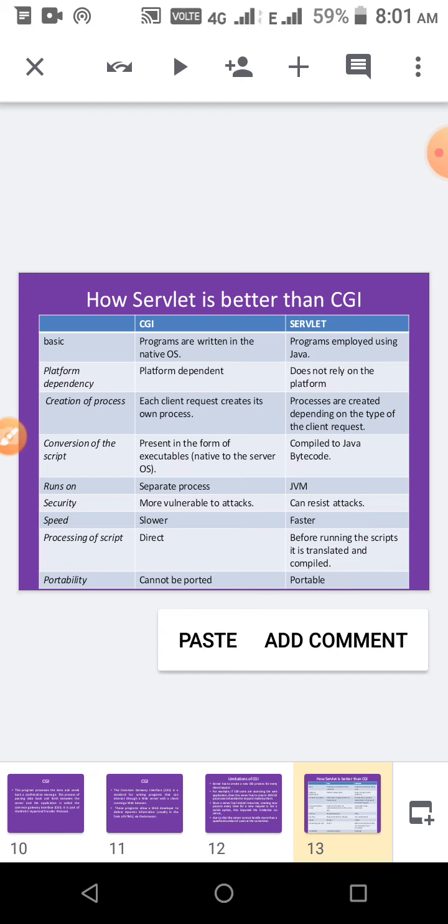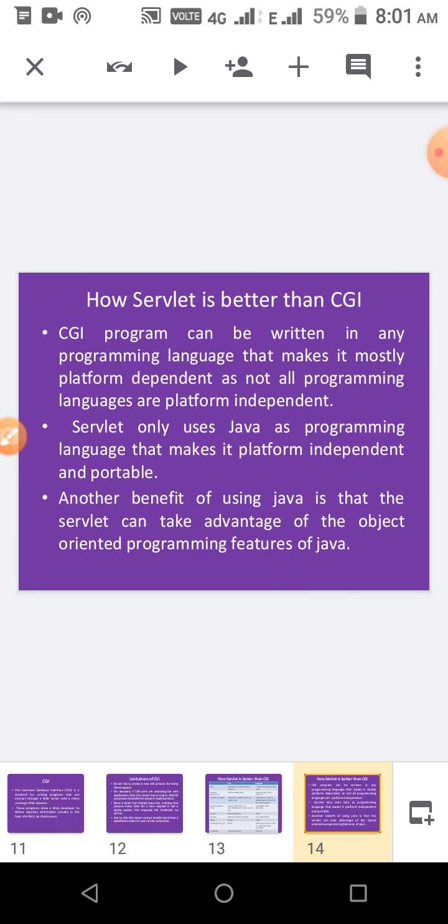Processing of a script in CGI is direct, and in servlet, before running, the script is translated and compiled. On portability, CGI cannot be ported, and servlet is a portable one. So compared in all these categories, servlet is better than CGI. CGI can be written in any programming language, and servlet only uses the Java programming language, so it is platform independent and portable.